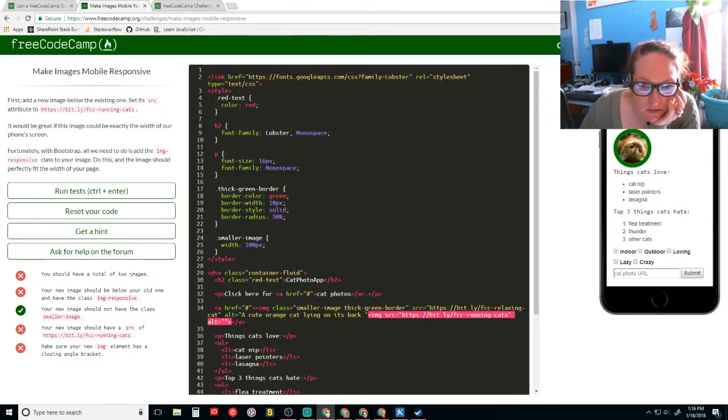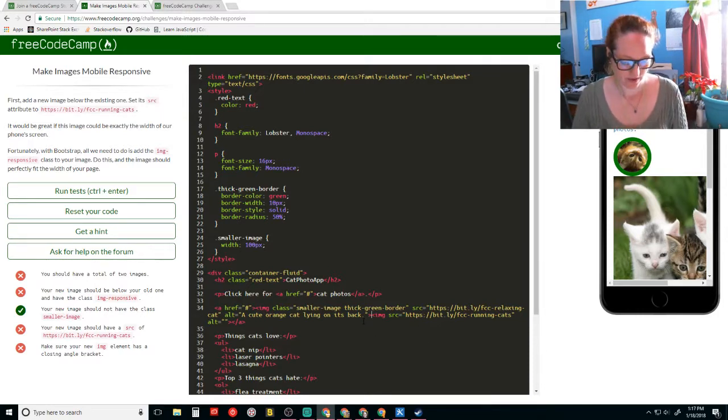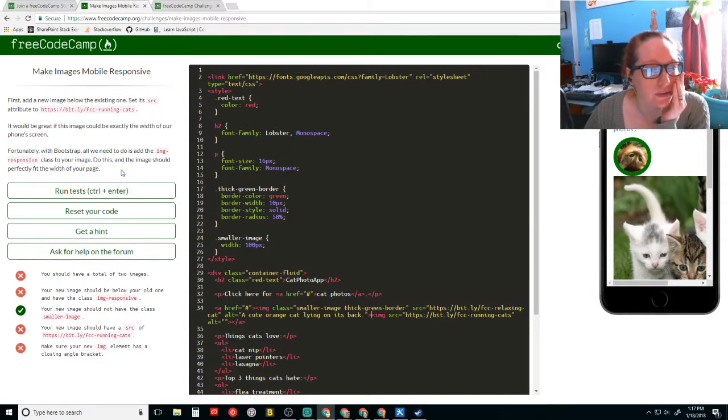Yes. This is happening. All right, and now we want it to be responsive. Image dash responsive.